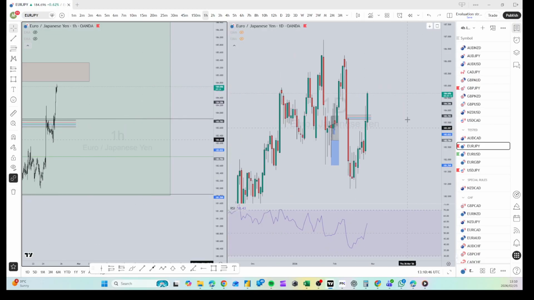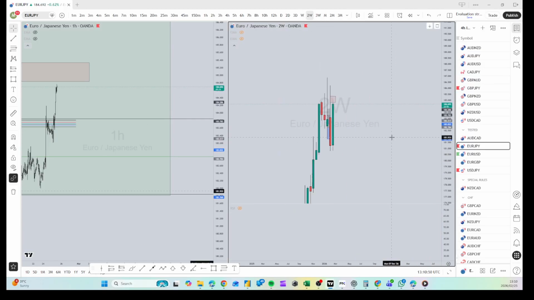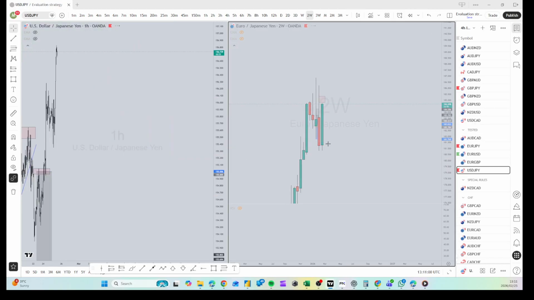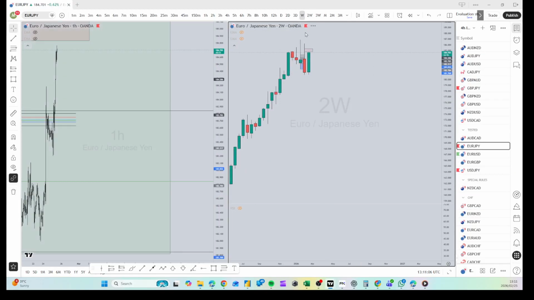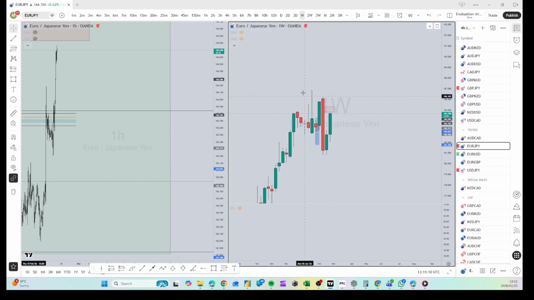If you look at the weekly, here you can see we had a break right here, might be the start of a new trend, come up here, continue to the downside possibly. And then the dollar as well. Actually, I'm supposed to be looking at the weekly. So here you can see on the weekly that there's some sort of exhaustion coming,